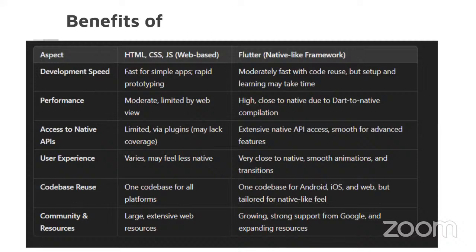I don't really know much about the other frameworks like Flutter or Kotlin, but I do know about HTML, CSS, and JavaScript. I've used it a couple of times, so I know how it is and what it can do. I've built like 3 mobile apps with it, so it's actually good for simple apps, content-based apps, or if you want to make an e-commerce app, or an event app,